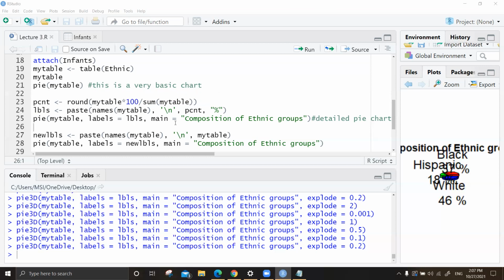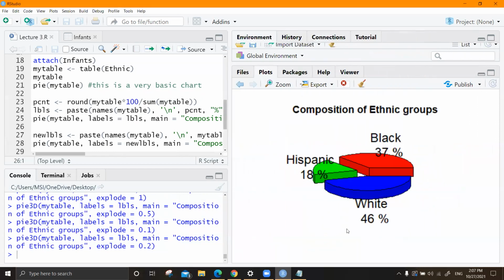I tried these codes, but there is an error. Figure margins too large. Yes, sometimes we are getting errors like that. Somebody is asking that he or she got an error saying figure margins too large. So which means it is something to do with this.